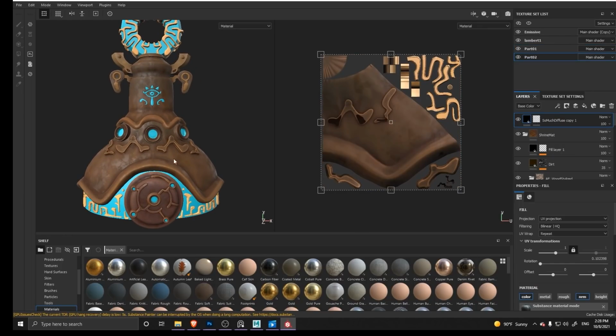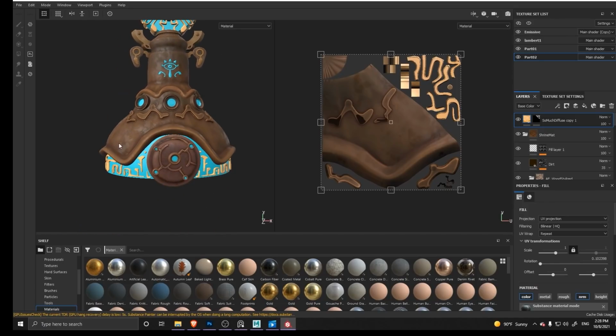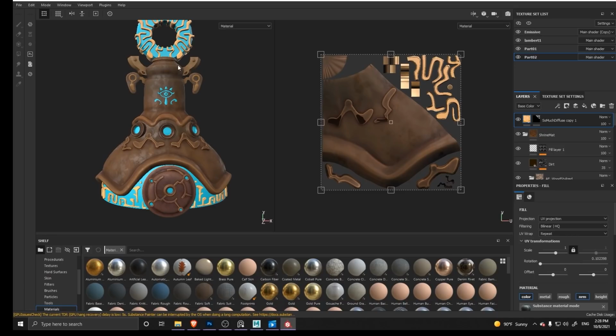It's basically the same material all throughout. In this area, those lighter ones and the yellowish ones on the top, it's just the same material that I change the colors of. I will break up this material.